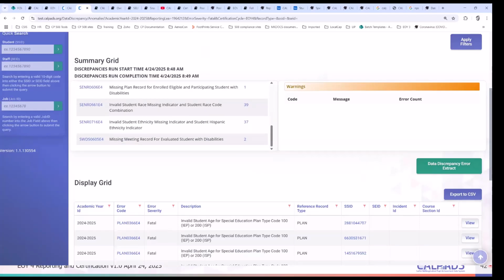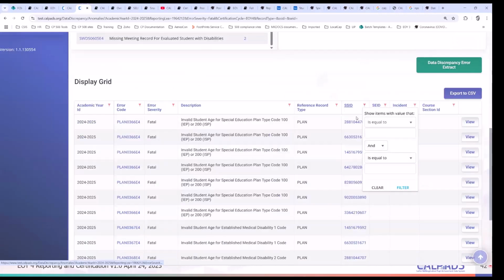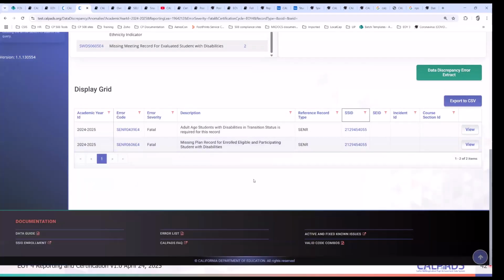So we have here one student. Just filter for this student. So this student triggered two errors. One is SCNR 0606E4 and SCNR 439E4.